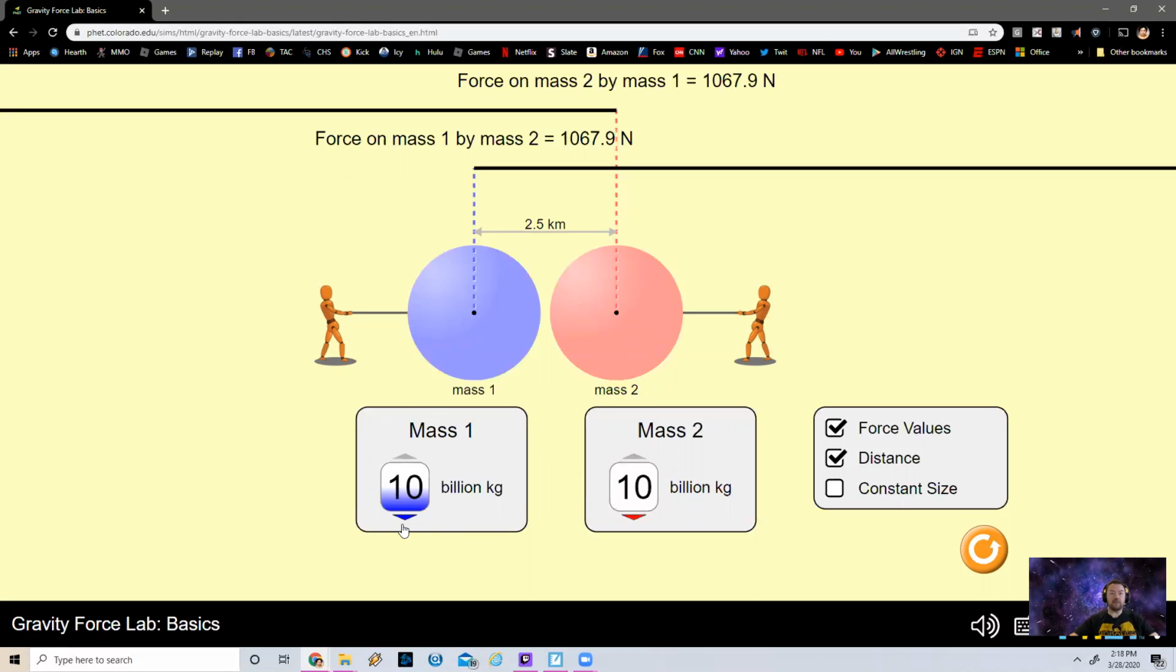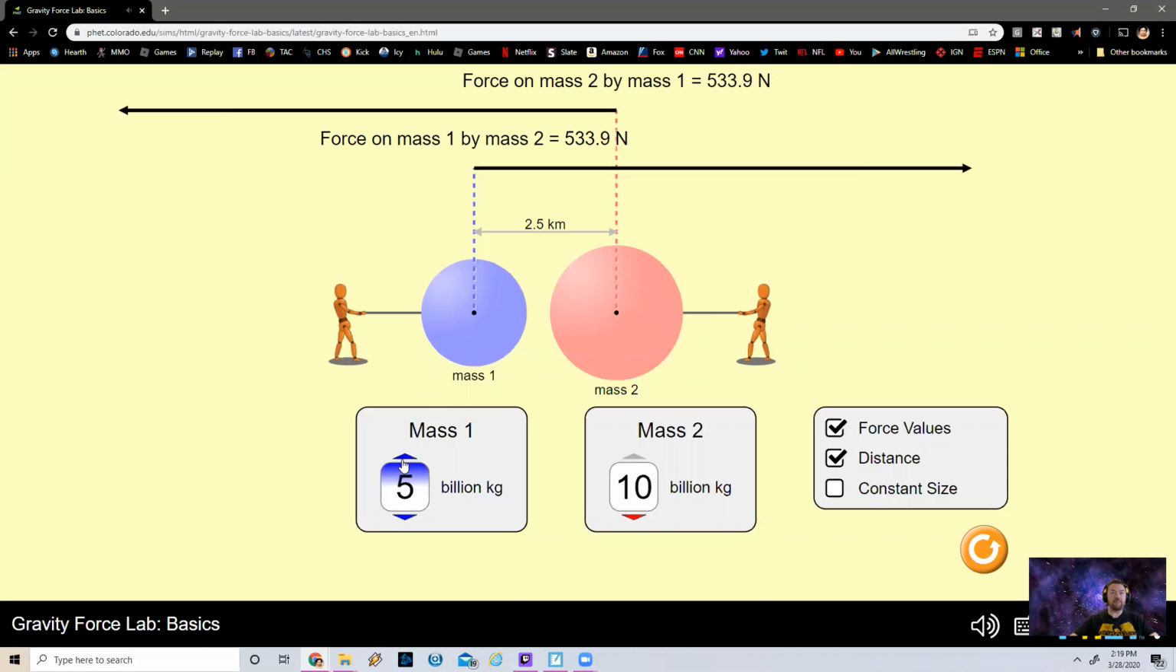So let's see what happens if I just reduce the mass of one of these objects to 5 billion kilograms. What do you think is going to happen to the force between these objects? Remember, Newton's law says that every force is met with an equal but opposite force. So let's see what happens to mass 1 if we reduce it to 5 billion kilograms. All right, so we see that on mass 1, mass 2 exerts a force of 533.9 newtons. On the other hand, mass 2 has a force exerted on it by mass 1 of also